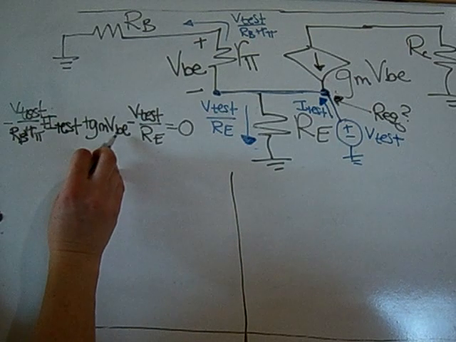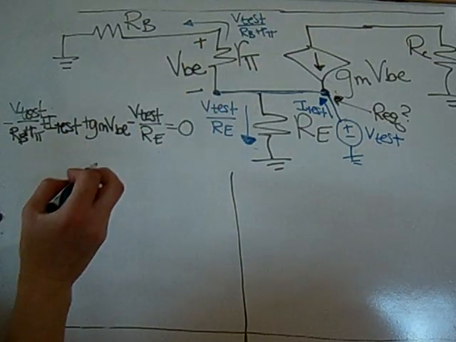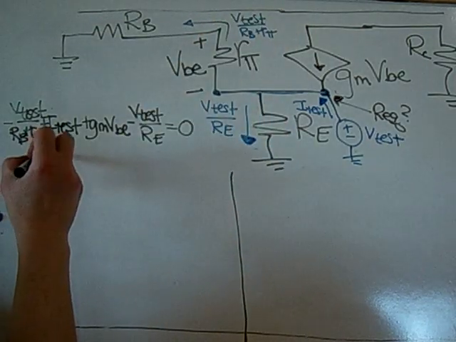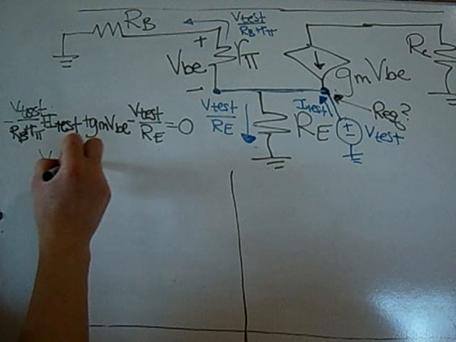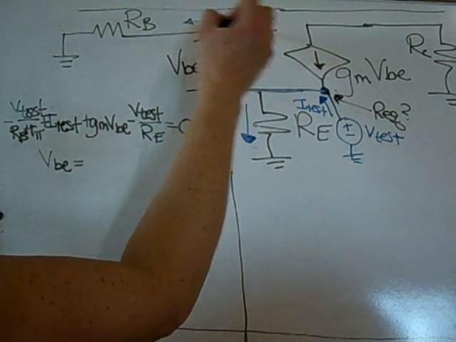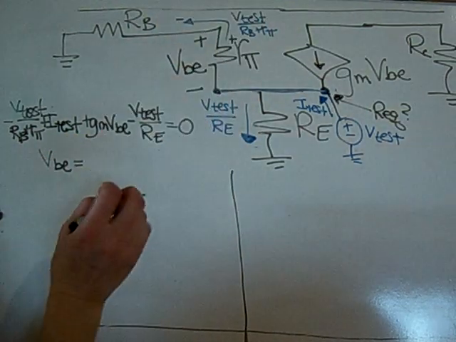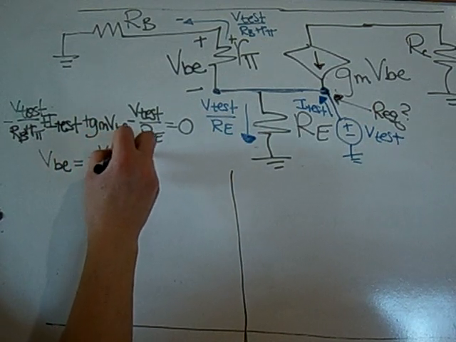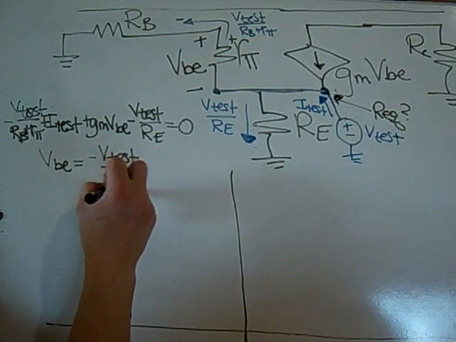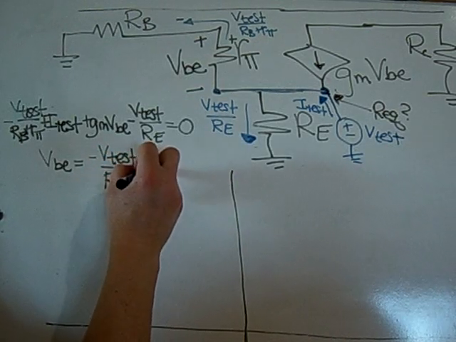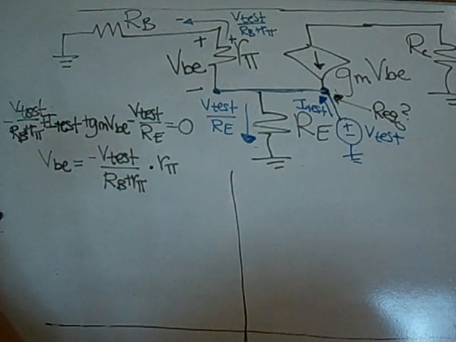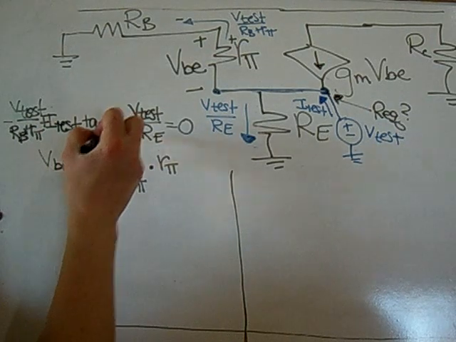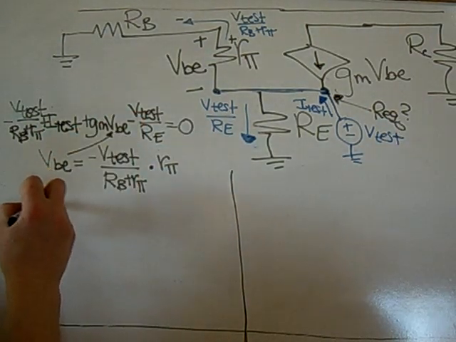So now I need to write VBE in terms of V test or I test. In this case, it will be easier to write it in terms of V test. So VBE is going to be a negative because this is plus to minus and this is minus plus, so the polarity is opposite. So a minus V test over RB plus R pi, and multiply that by R pi. And then I can plug that back in here and get an equation for I test,